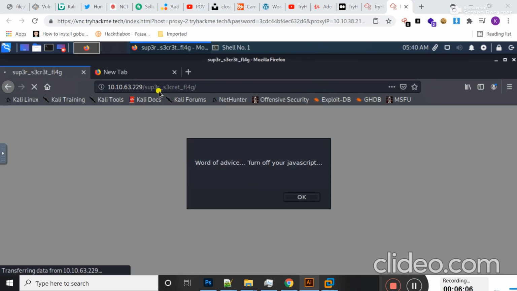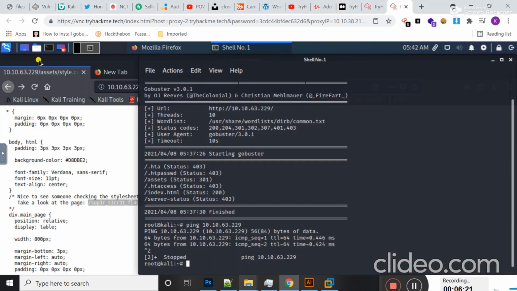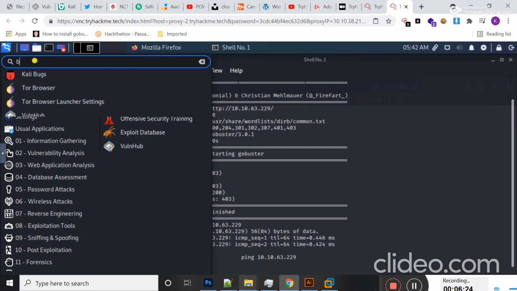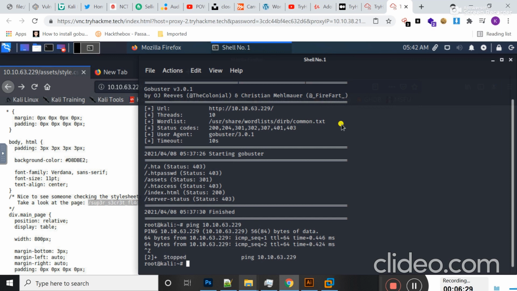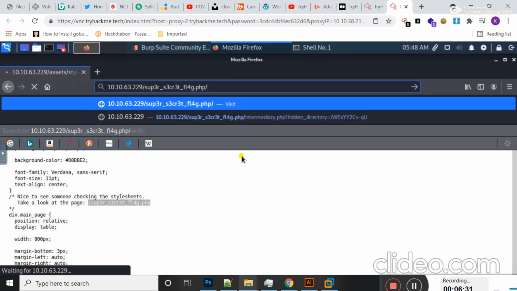okay students, here you can see when I dig up the super secret flag page, you can see a word of advice: turn off your JavaScript. Okay, let's move on. I'm going to open Burp Suite in order to capture requests from different pages. So I try to open Burp Suite. Okay, Burp Suite is open. Now I'm going to capture the request of this page. If I type this one here and then hit enter,